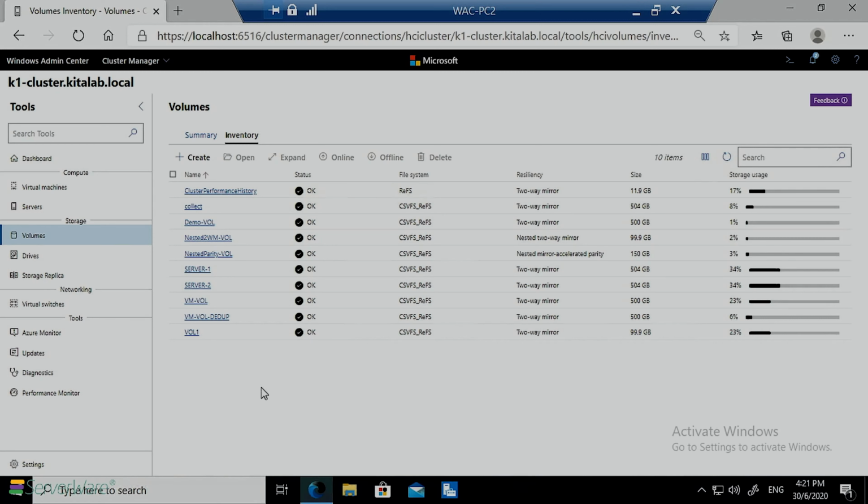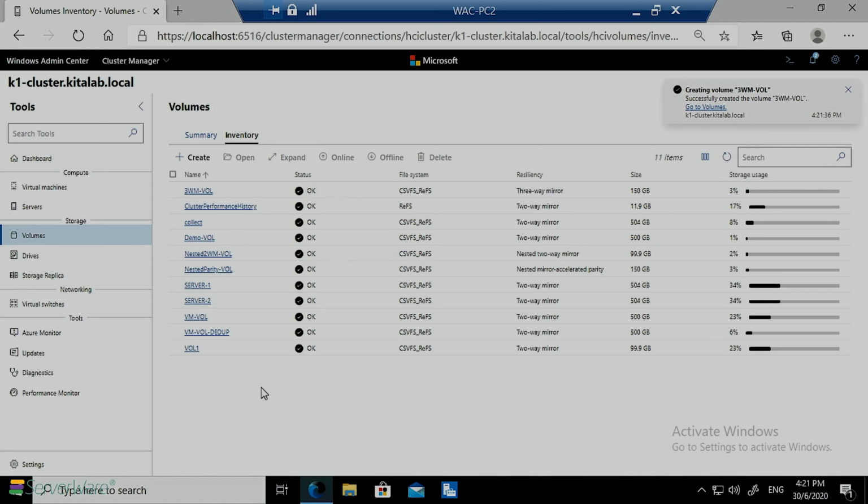So with this, your newly added server is already ready to provision. We have already added a new node, and within a few minutes, we are able to live migrate one of the VMs from an existing server to the new server. At the same time, we are able to create a new volume based on a 3-way mirror, a feature that is only available once you have the 3rd node added to your cluster. All right, so with this, you have a pretty robust environment, and the system will be able to